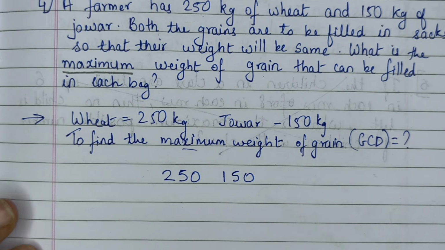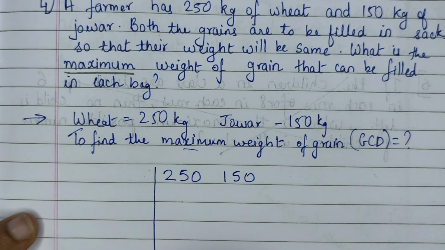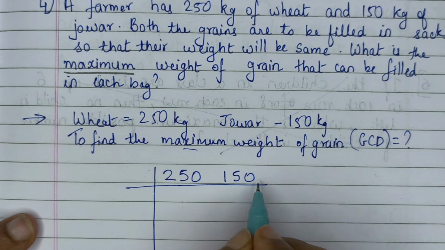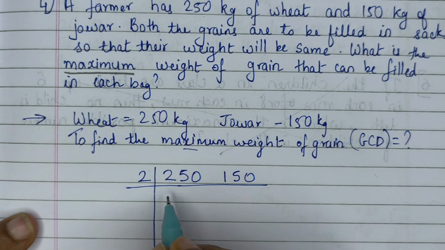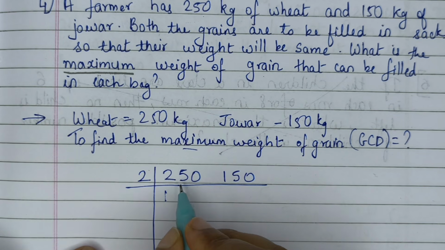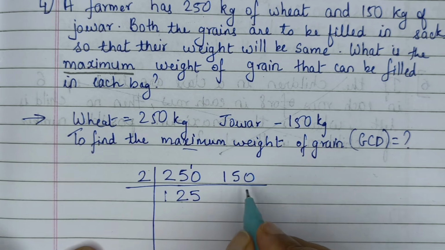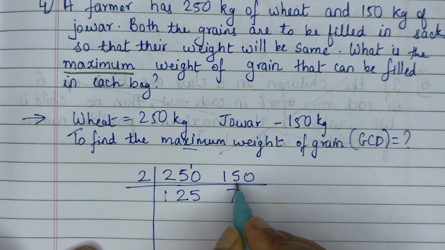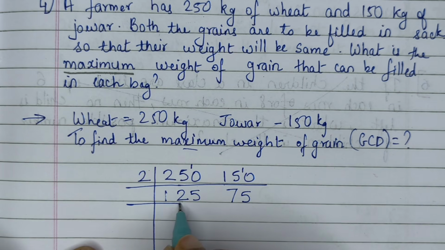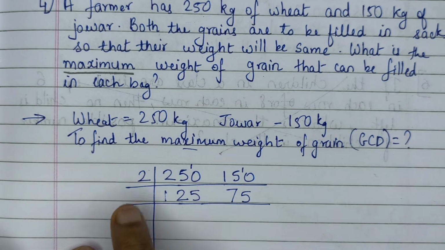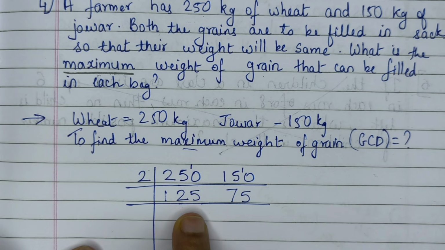Now what we will do is, see, last number is 0, 2, 4, 6, 8, right? That means we can use the 2 times table. 2 ones are 2, less than 5, 2 twos are 4, carry 1, 2 fives are 10. Again less than 15, 2 sevens are 14, carry 1, 2 fives are 10. Now we cannot use 2, we will check, can we use 3? 3 fours are 12 and this 5 is left, so that means we cannot use 3 also.